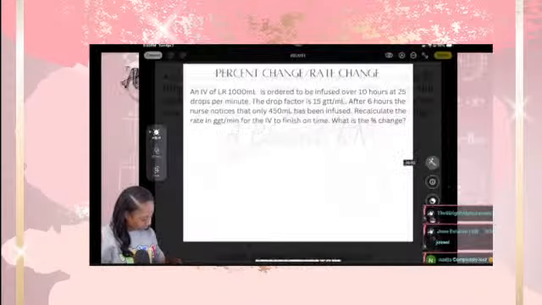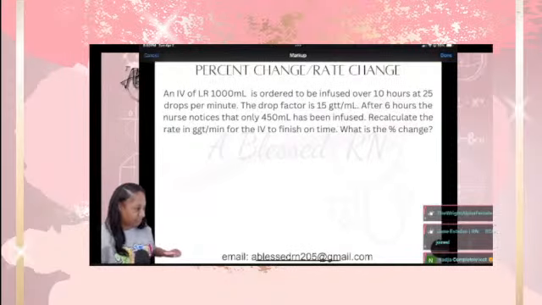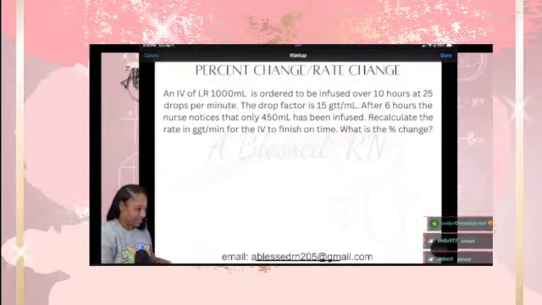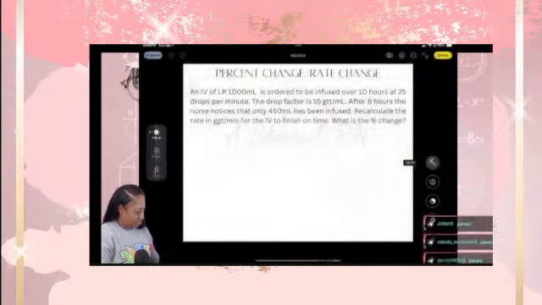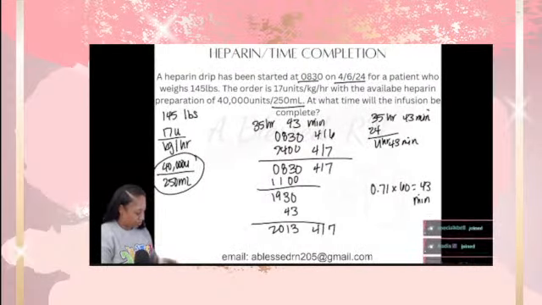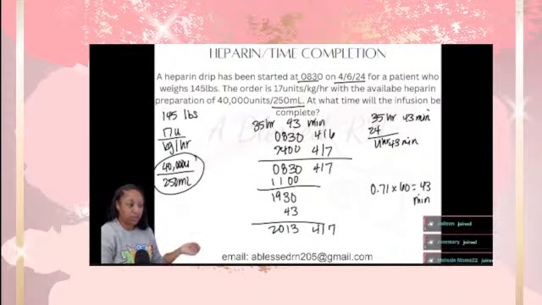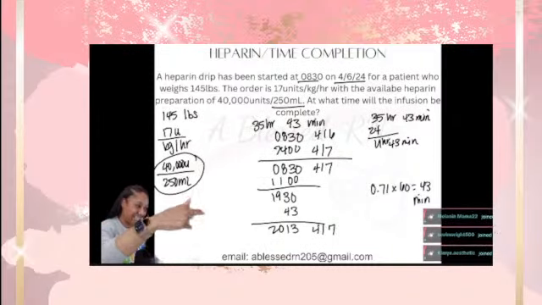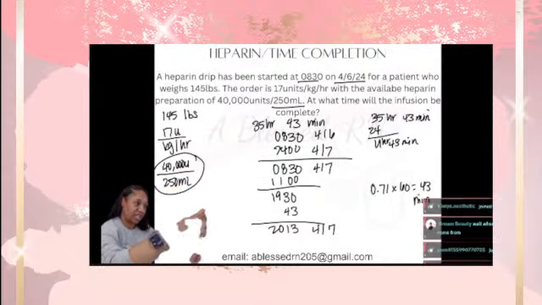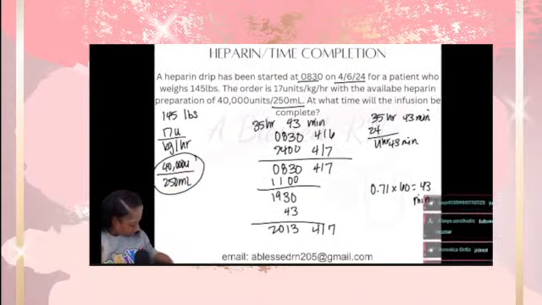So what is this one? Percent change. This one is for my friends that completely lost. I'm sorry. Let's see. So what we did on this past one, you had to find the rate of your IV drip. Once you found that rate, you had to see how long it took for it to infuse. Once you find the length of time, then you have to add that to the initial time and date